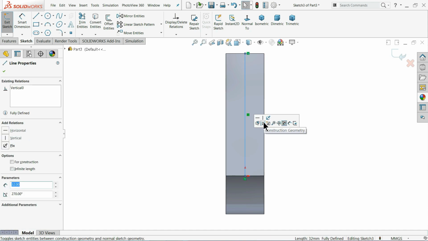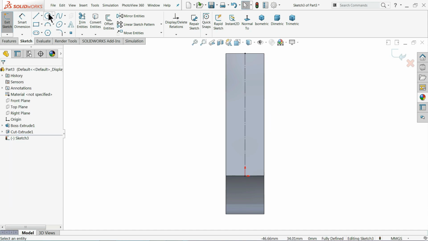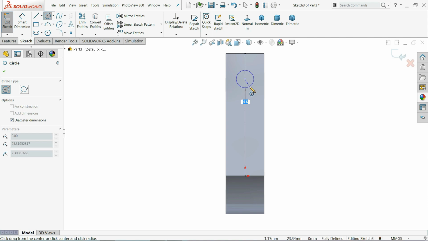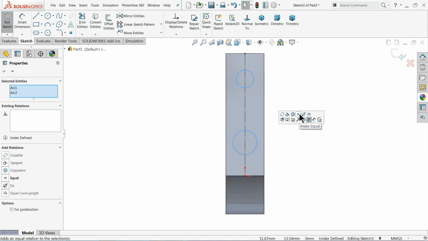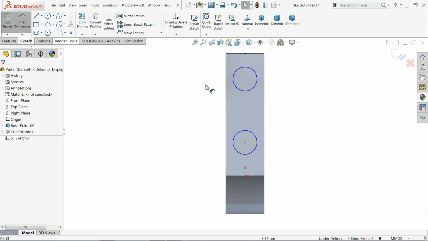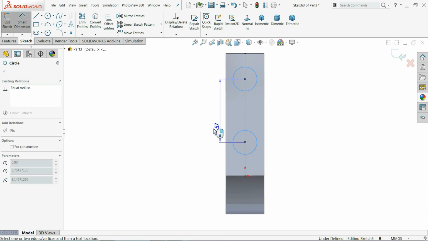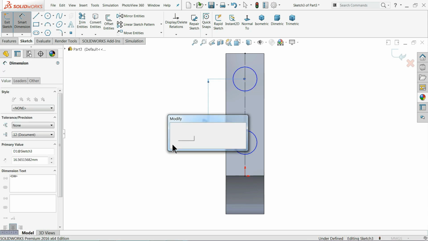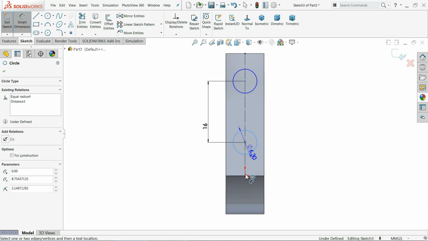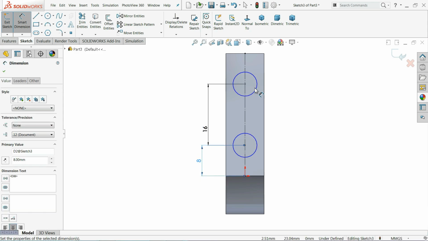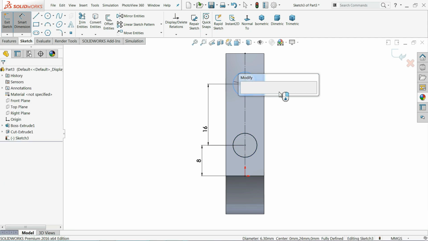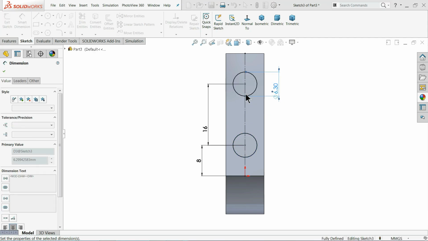Select the line for construction geometry. Same thing we have to repeat here. Equal. Let me choose this. Define the distance 16 millimeter and distance from bottom is 8 millimeter and diameter 4 millimeter. It's fully defined.